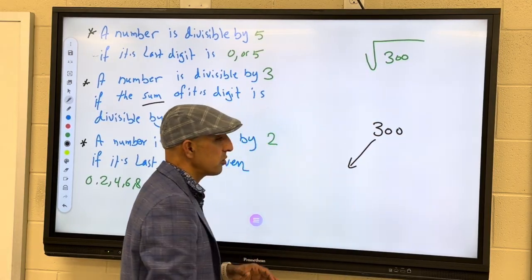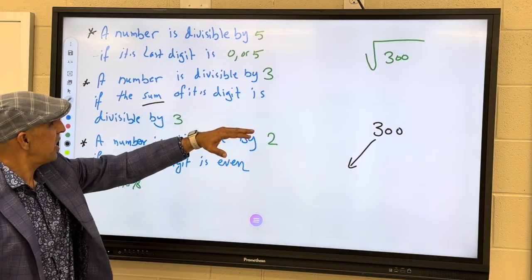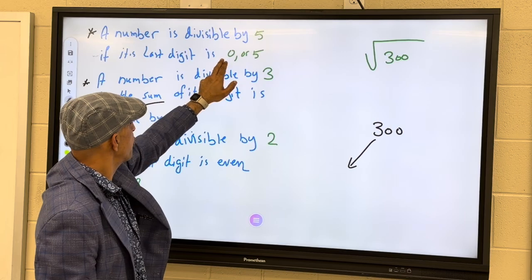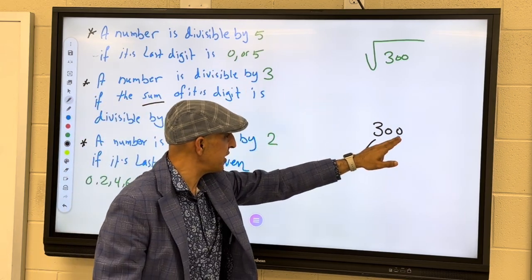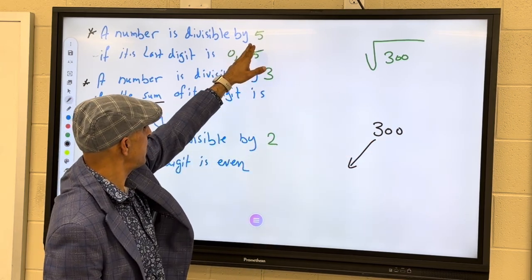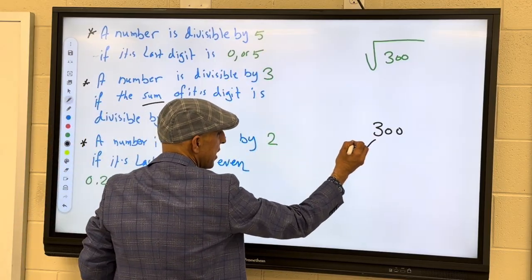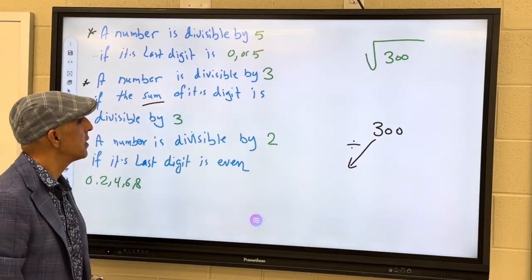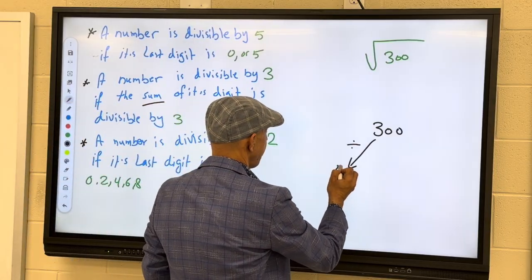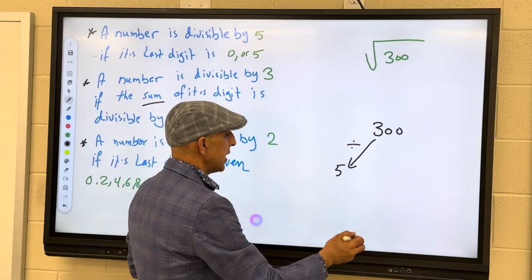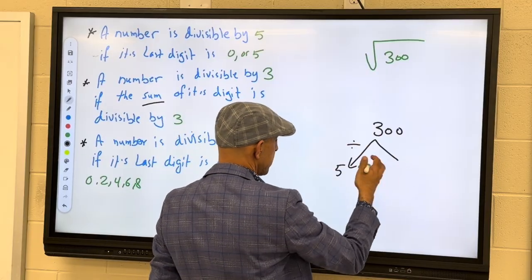Now, ask yourself, is 300 divisible by 5? And the question is, 300 ends with 0. So, is it divisible by 5? The answer is yes. So, I can start by dividing by 5. Now, 300 divided by 5, you can use the calculator or the long division, and you will end up with